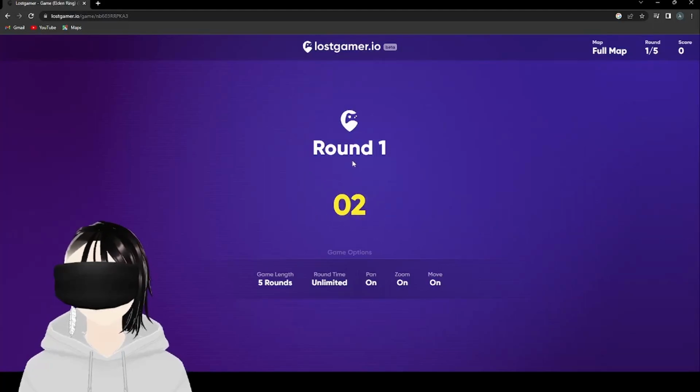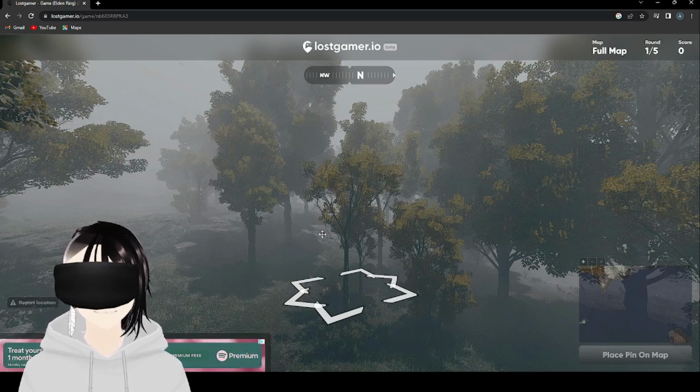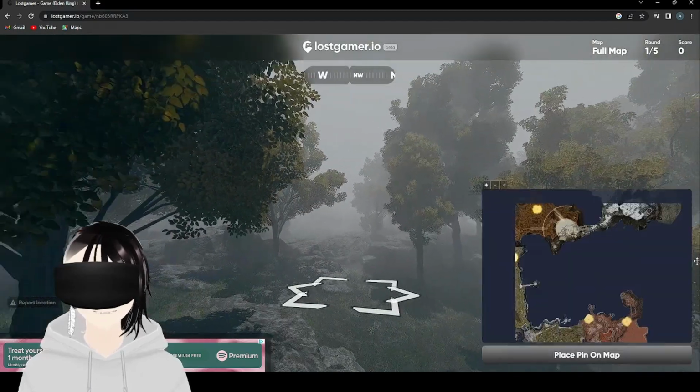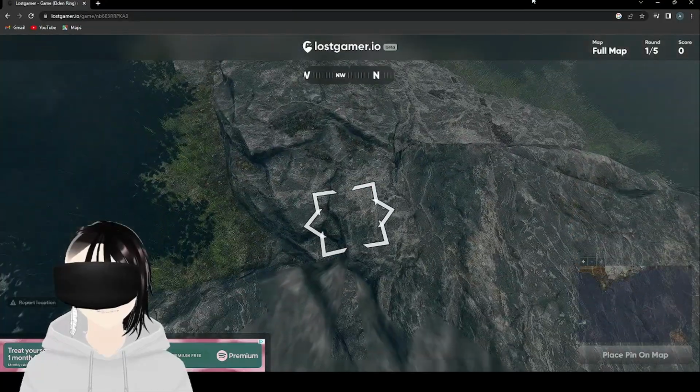Is it showing you a location, like an image? No, it just loaded. Okay, it's trees. What color are the trees? Kind of yellow green. Oh, like they're yellowy? No. Yeah. Because if you look around...